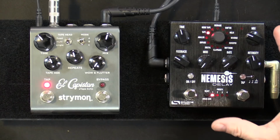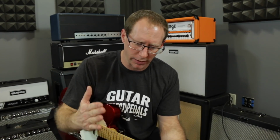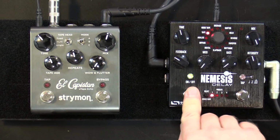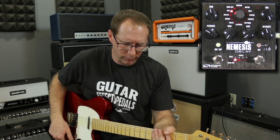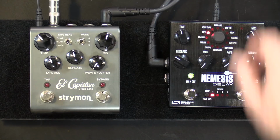They both have mix, so you can go from none of that delay mixed in to basically what I would call 50-50. So the same volume as your guitar, you're going to have the same volume of delay sound as your clean tone. You can back that off, or you can have completely wet, which means it's nothing but delay. For example. So that's just the delayed note, where if I bring my regular signal back in,